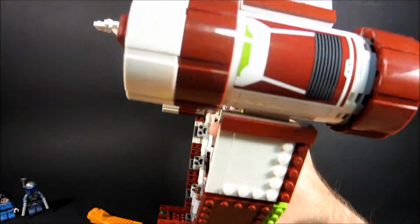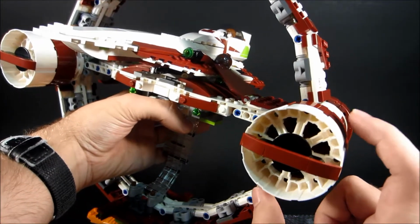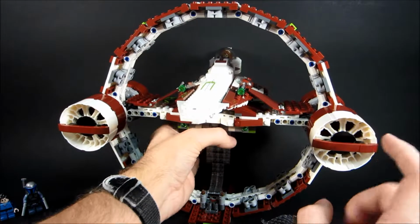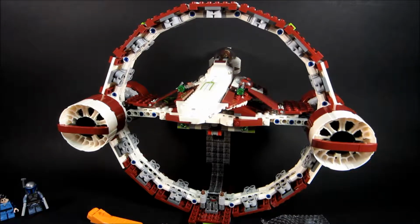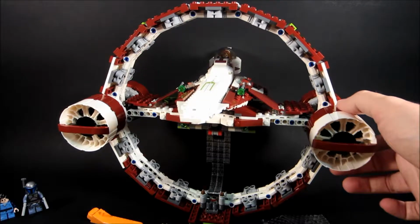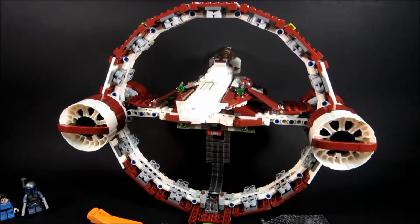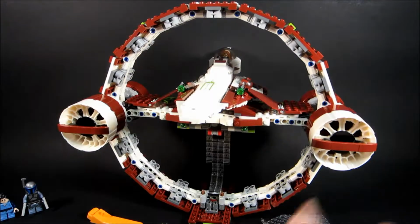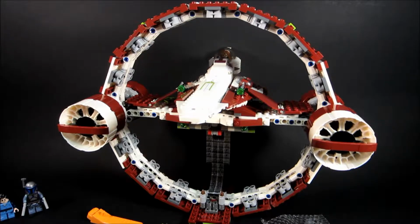So yeah, the other thing to really point out, these things can move, and that is not cool. I wish that there was something that could have been attached, especially given the piece count of the set. What was it, like 825? Yep, 825 pieces. Could have added a few more to maybe make these not spin, because I've never gotten them before. But there are some studs that you can attach. You can attach the 2x2 round plate onto it, click it on there, and the axle that shoots all the way through would stay in place. So,